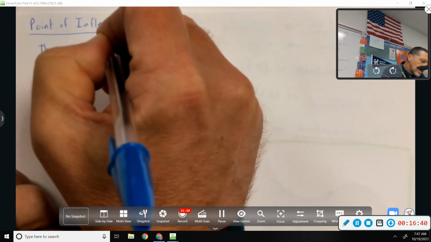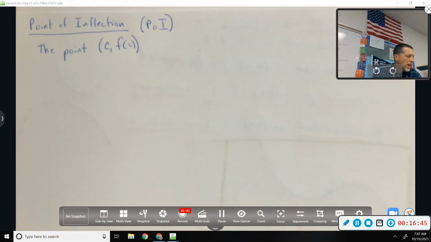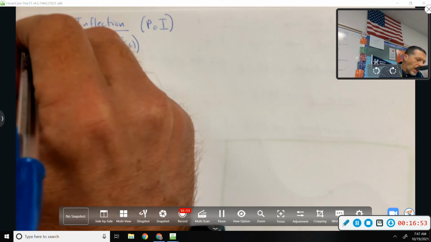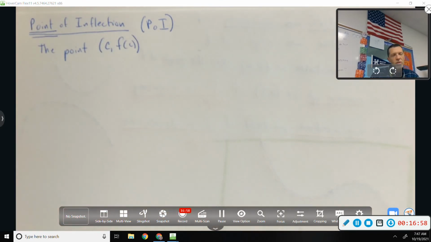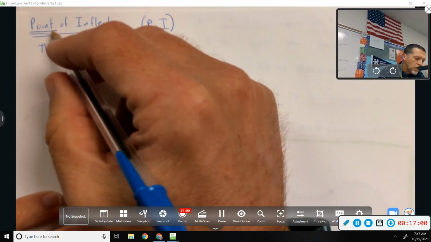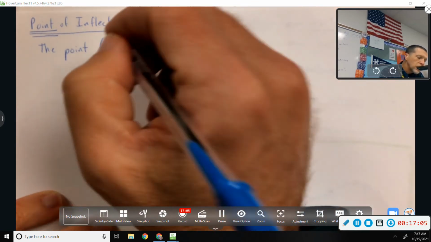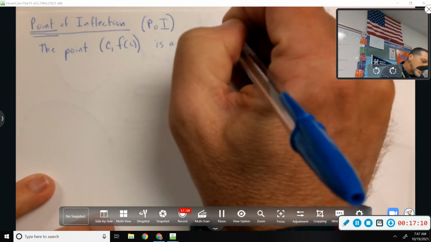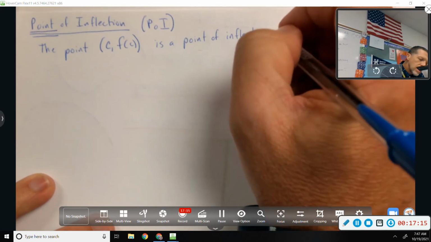The point c comma f of c, so that's just like an x comma y, the point. Although it's kind of a side note, when it asks for a point, you have to give the x and the y. So you'll find the x, but then you'll plug it back in to find the y. So make sure you're careful of what's being asked. Point of inflection, c comma f of c. Excuse me, the point is a point of inflection of f